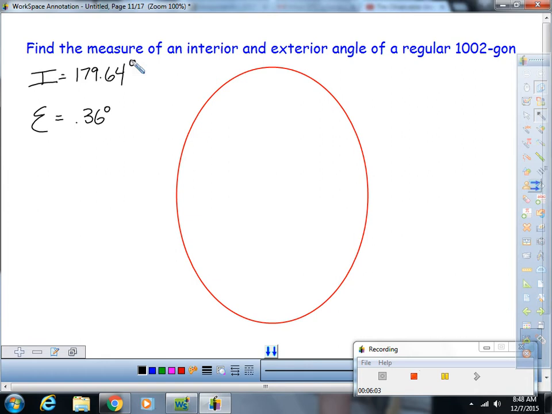Because here's what we're learning. See, I don't think you realize it. You just come up with an answer. But what we're saying is that in a 1000-gon, if we zoomed into it, mega zoom with a microscope, or let's say that we were thinking of a 1000-gon that was the size of the Earth, and you were standing over one of the intersections, what you would actually see if I took this thing right here, and I zoomed in on it on the next screen,